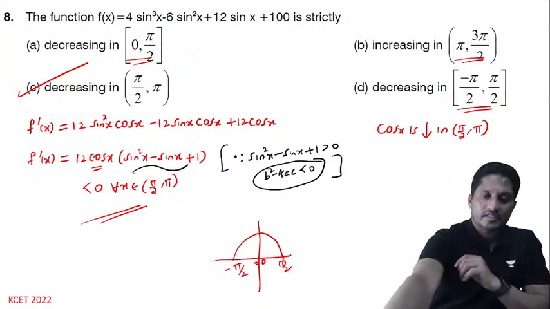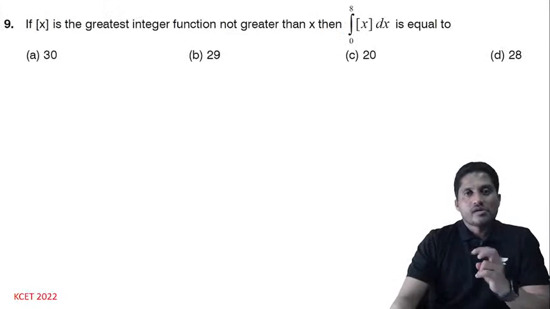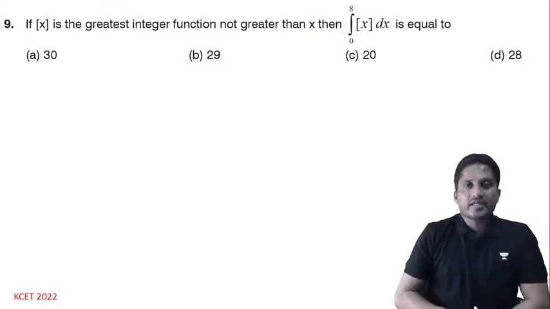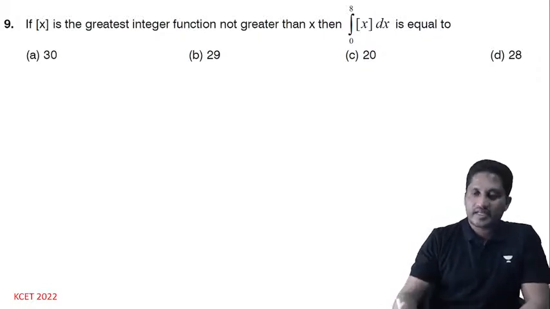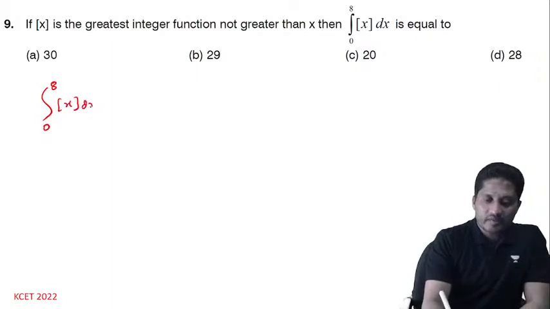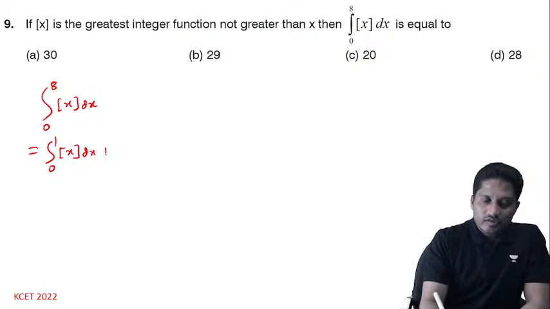Let's move to the next question. Box x denotes the greatest integer, that is, the greatest integer not exceeding x. Integral from 0 to 8 of box x dx. We have done a similar question in the 2019 paper. So 0 to 8 can be written as 0 to 1, writing all the integers, and then 1 to 2,